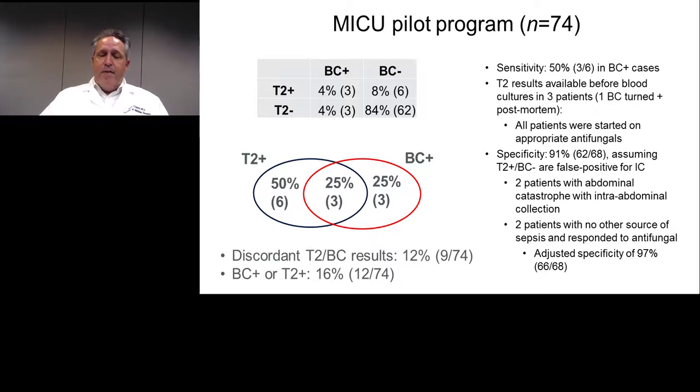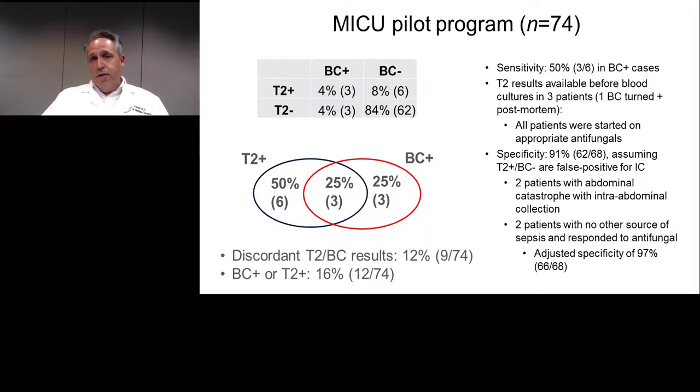And then if you look at patients who either had a positive blood culture or a positive T2, that was 16% of patients. So remember we said that 8% of patients had positive blood cultures. We anticipate that blood cultures are only going to be about 50% sensitive. So therefore, 16% is spot on what we would have anticipated if T2 is working the way we would hope. So encouraging results. So the overall sensitivity shown to the right there was 50%, 3 out of 6, a bit